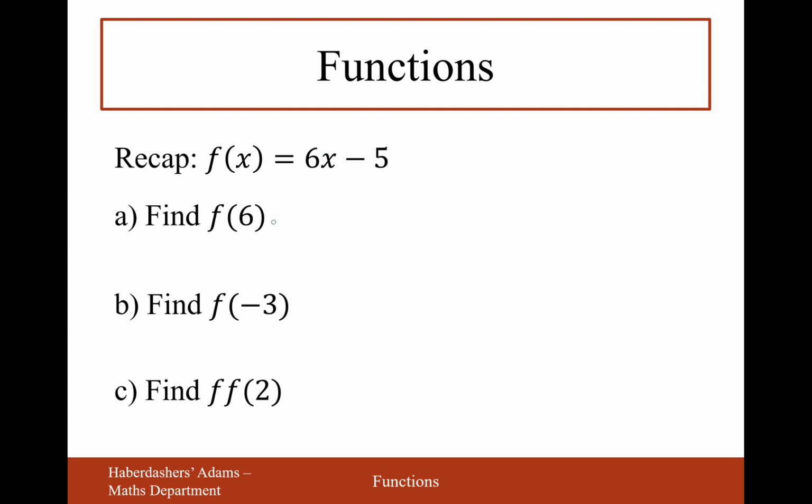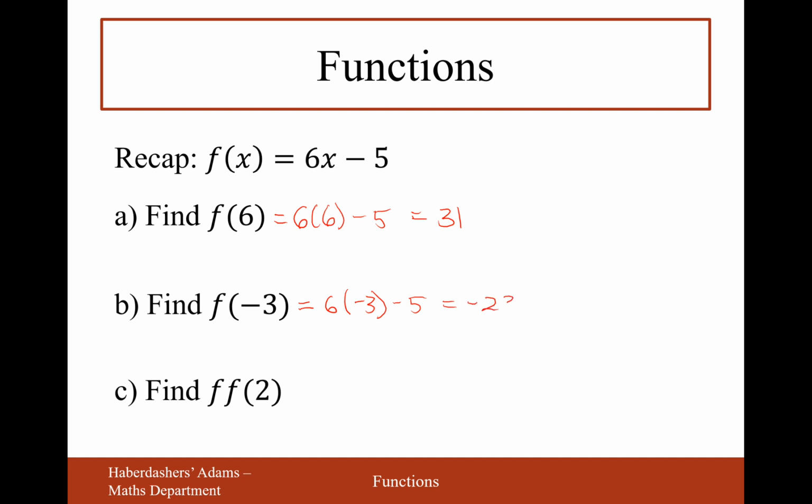Okay, so we saw how to do these kinds of questions in the first video. In the first video we saw that when you do f of 6, that means that the x value is going to be changed from x to 6. So it's going to be 6 times 6 minus 5. So we're going to do 6 times 6, which is 36, minus 5, that's 31. When it's f of minus 3, the value that replaces the letter x is minus 3. So it's 6 times minus 3, take away 5, that would be minus 18, but then take away another 5,